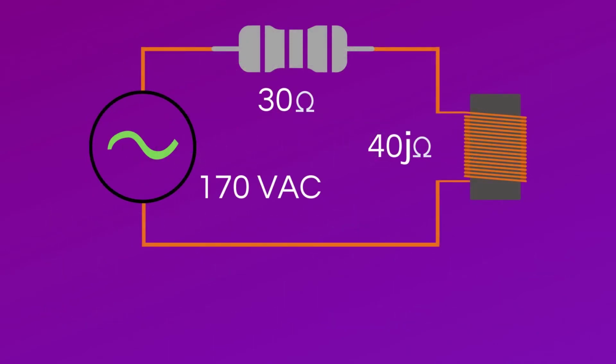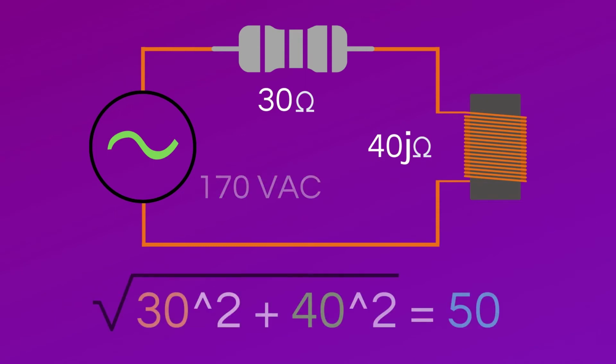Let's do a quick example. In the circuit, there is a resistance of 30 ohms in the x direction from the resistor and a resistance of 40 ohms in the positive y direction from the inductor. Note that j is a common way to denote the y-axis in electrical engineering. Now let's find the overall resistance of the circuit. The square root of 30 squared plus 40 squared is equal to 50 ohms, which is the overall resistance of